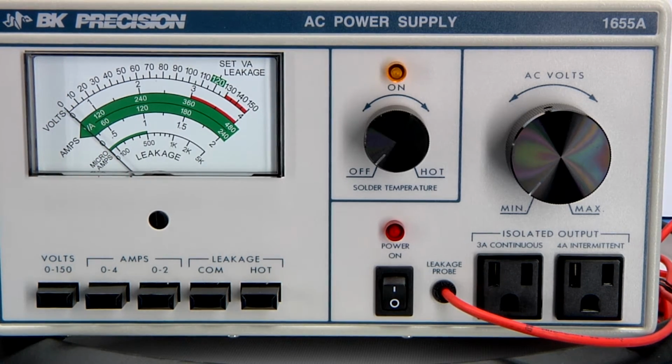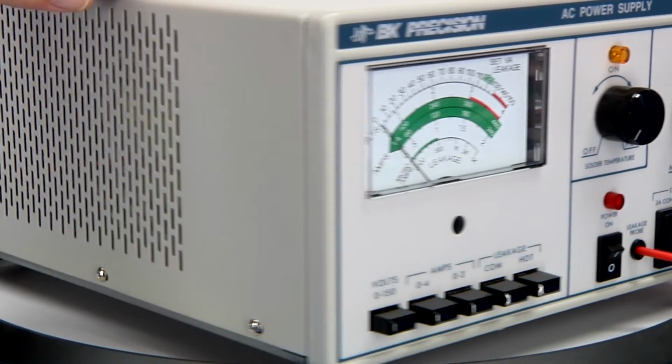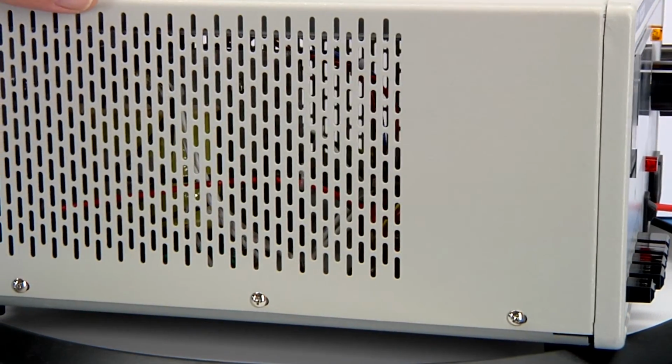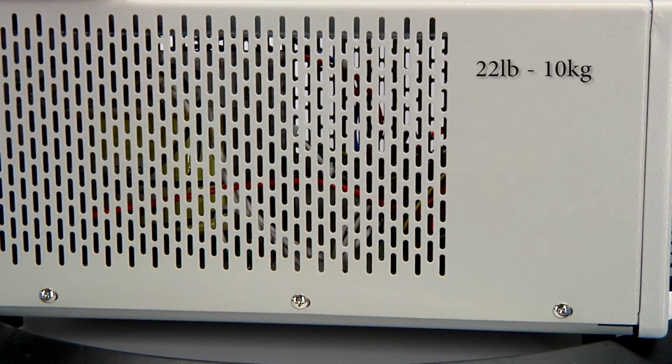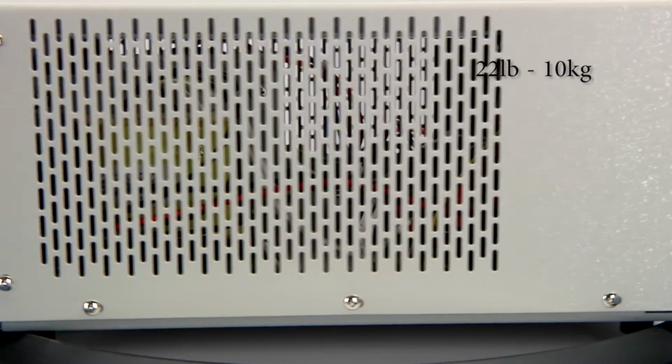decent. The case seems to be steel construction. The finish looks really nice. It is heavy, about 22 pounds. So if you're considering putting it up on your workbench or on a shelf, you might want to consider that. And then in the back,